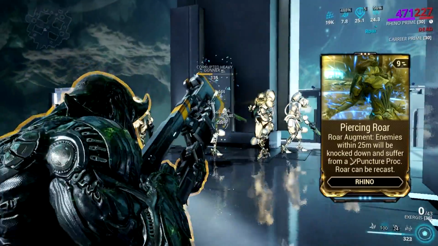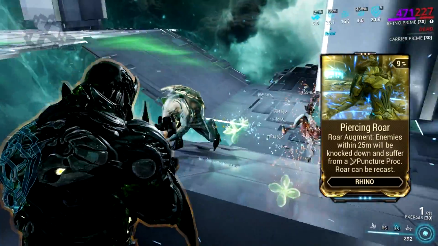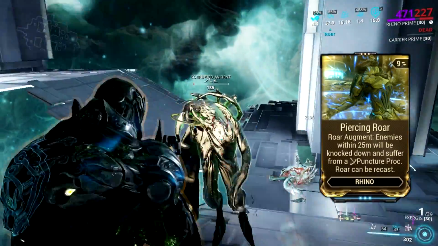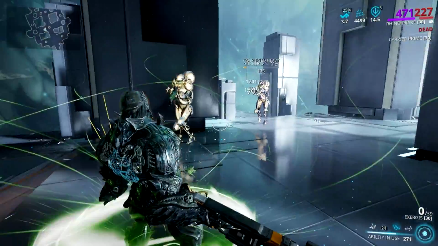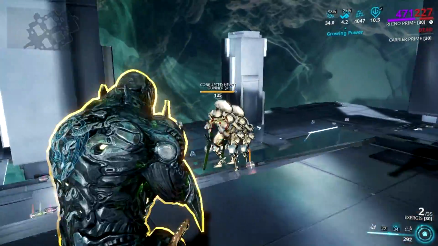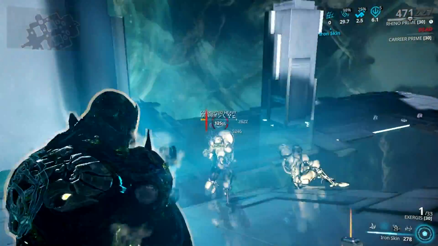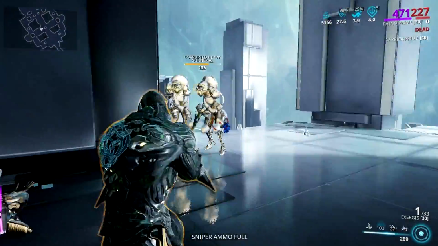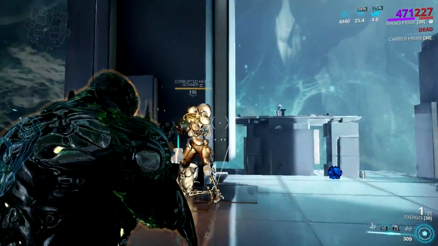But that's not all. Piercing Roar does allow you to debuff enemies, as it will apply a guaranteed Puncture proc to enemies hit by this ability. I know status effect wise, Puncture is not that great in high level plays, since no matter how you weaken the enemies, they will still hit hard enough to even one-shot kill your frame. However, Puncture can modify your damage by a lot. In fact, it's great against Grineers, and perfect against those corrupted enemies in the Void that have a ton